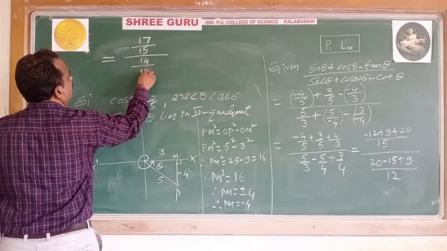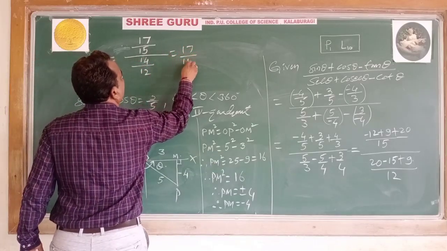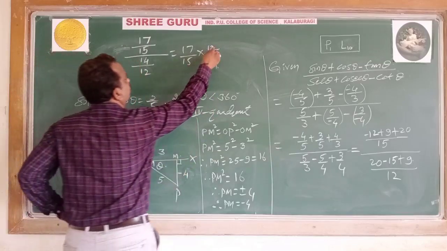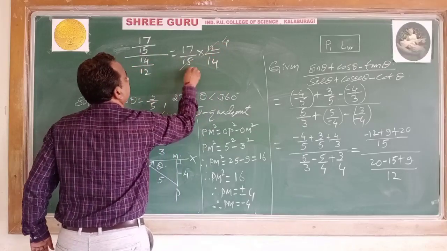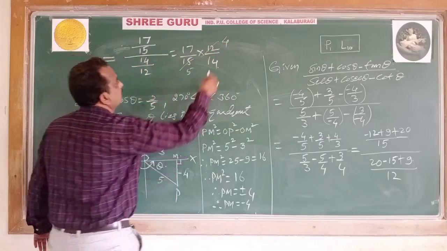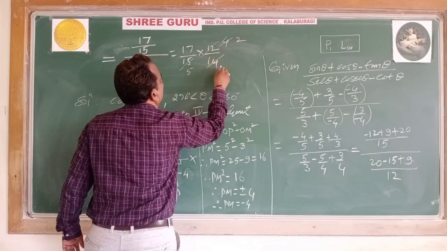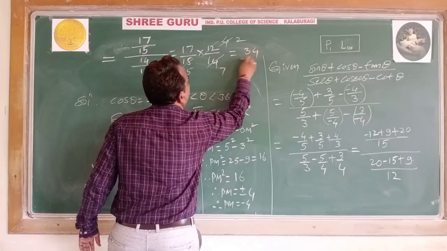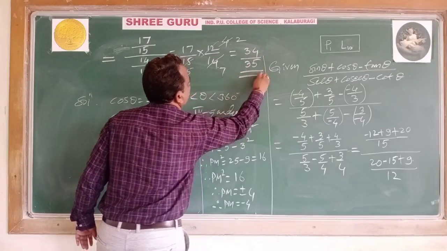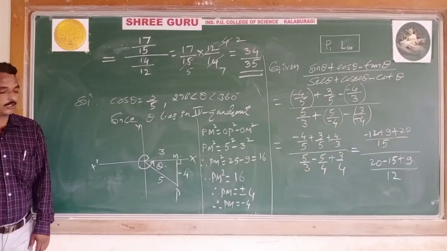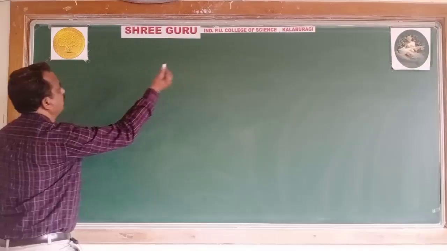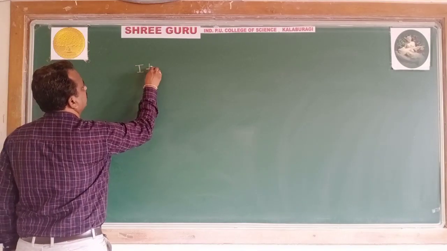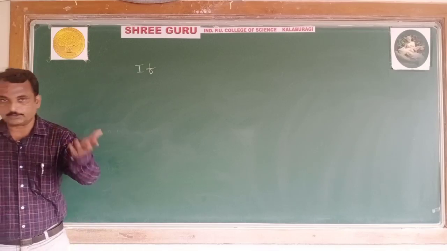14 by how much denominator? 12. Simplified it is 17 by 15, 12 by 14. See, simplified. 3 4s are 12, 3 5s are 15. Then is there any? Yes, 2 7s. 17 into 2 is 34, 5 into 7 is 35. What is the final answer? 34 by 35. Homework I will give the students. Calculate yourself this one, last one, and then I will go for the allied angles.